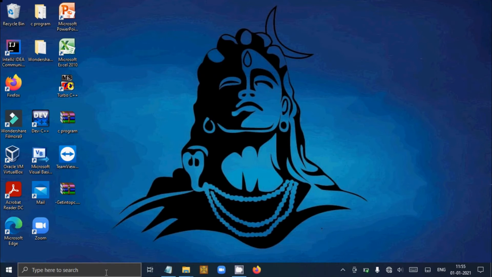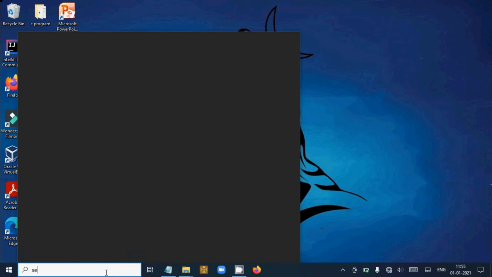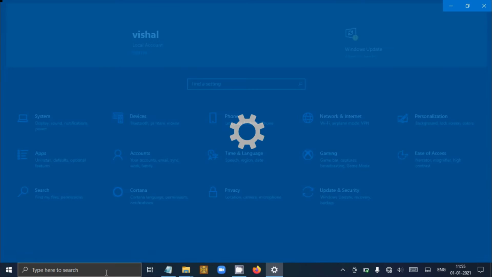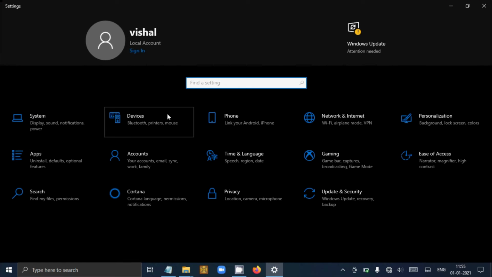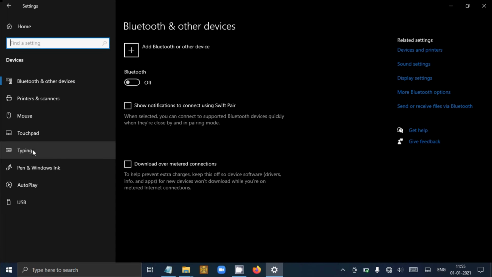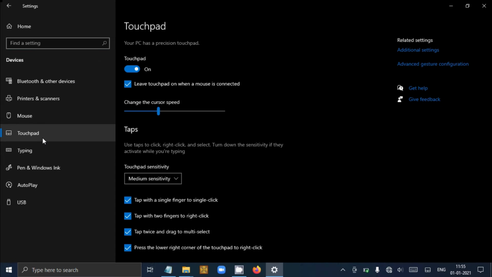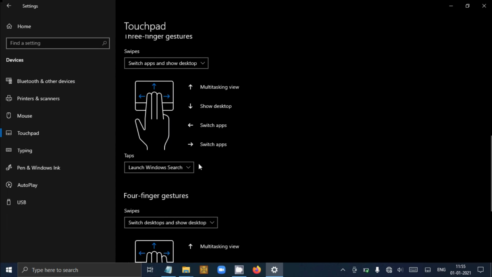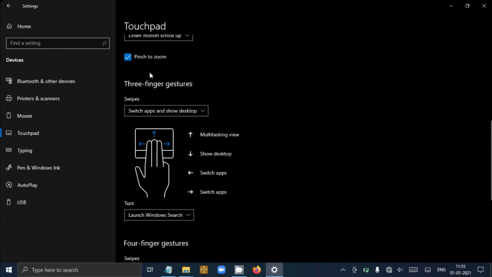These features I really love because of simple gestures. You can take a screenshot by three finger swipe up, etc. I am showing: just search for settings, and in settings go to devices, touchpad, scroll down, and here you can see three finger gestures.